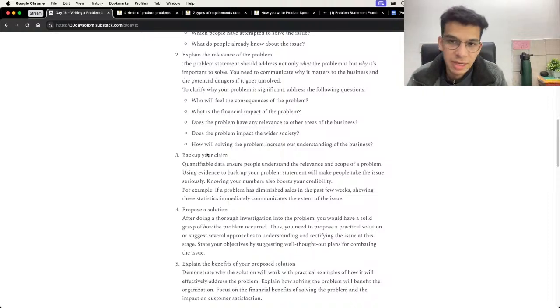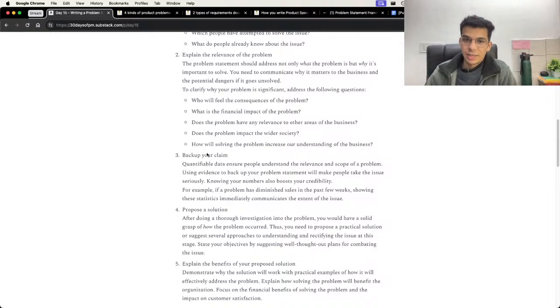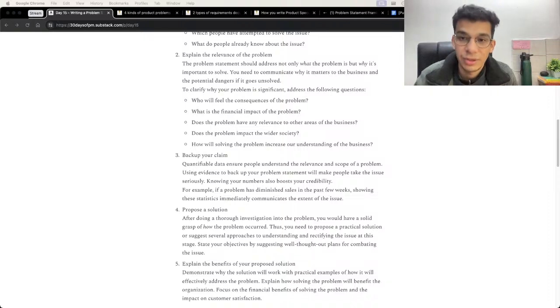Yes, I asked for the button to be here, not somewhere else, but looks like we have not delivered it, so we need to match that. Through your backup and claims and details of all the context, you will be able to eventually convince your user, right? Because a lot of the time the job of a PM is to convince and to communicate to all the different stakeholders, right? And proposing a solution always is talking to these stakeholders and convincing them that the specific feature is worth putting effort and time into. Explain the benefits, which is part of proposing the solution, and building the solution from there.